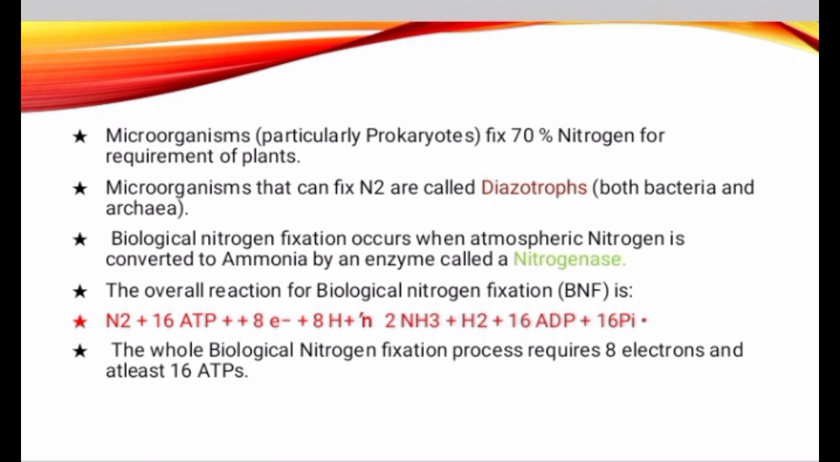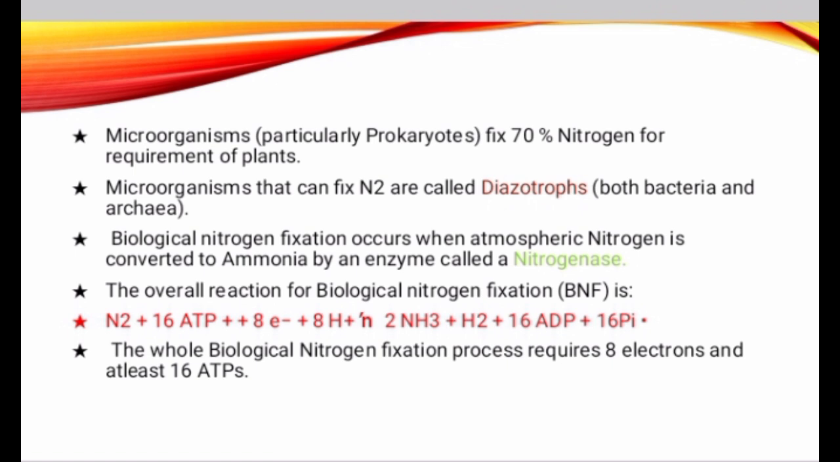Microorganisms, particularly prokaryotes, fix 70% of nitrogen. Microorganisms that can fix N2 are called diazotrophs, both bacteria and archaea. Biological nitrogen fixation occurs when atmospheric nitrogen is converted to ammonia by an enzyme called nitrogenase. The overall reaction for biological nitrogen fixation is